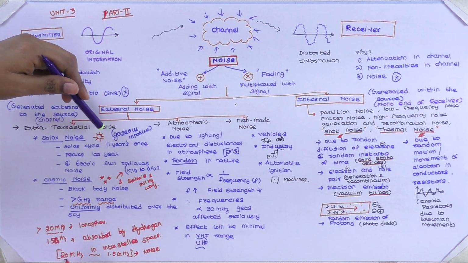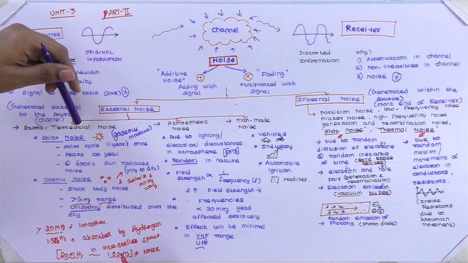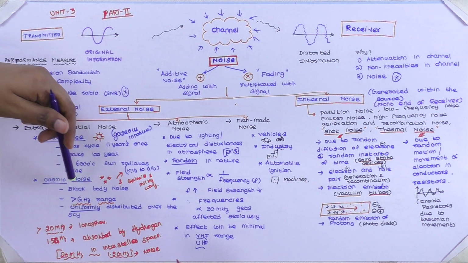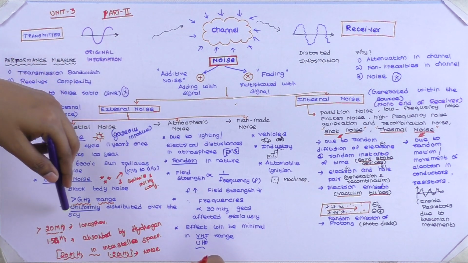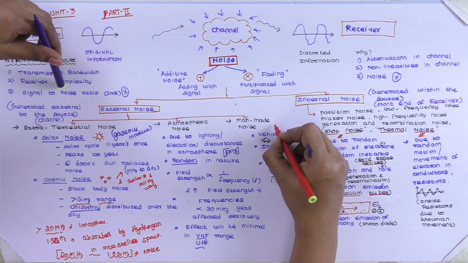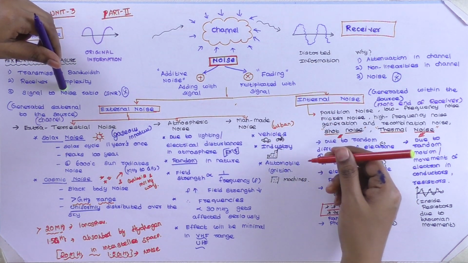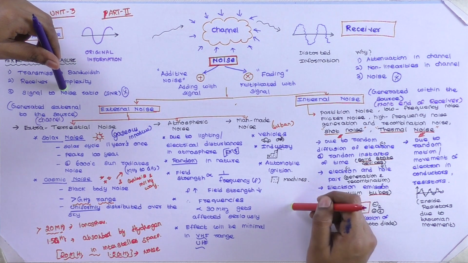But what will happen within the 20 megahertz to 1.5 megahertz? All these frequencies are going to be affected by this cosmic noise, so we have to nullify this effect. And what about this man-made noise? This is mainly in the urban areas compared to the rural, because of vehicles, industry, automobile ignition, aircraft ignition,